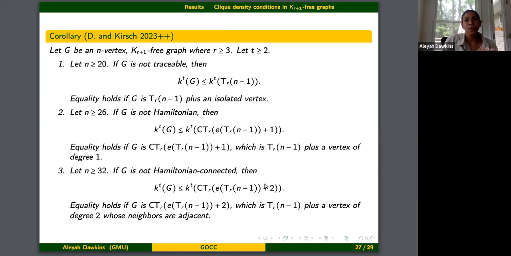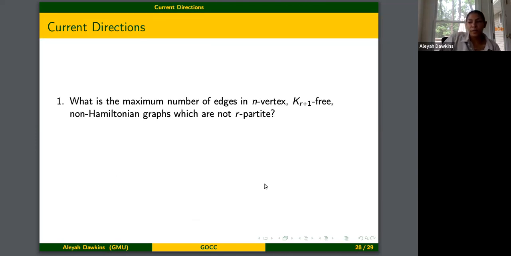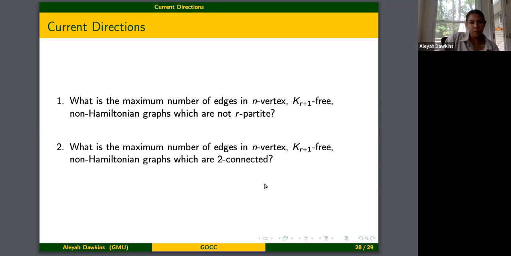Okay, so those are the major results that we got during this research. And as for moving forward, there's a couple ways that I'm hoping to take this. The first being I would like to look at the maximum number of edges in the n-vertex K_{r+1}-free graphs that are not Hamiltonian, which are also not r-partite. So if you remember, the extremal graph that we had was based off the Turán graph, so it was r-partite. So if we put this extra condition on it, what would that do to the extremal graphs and the maximum number of edges? And additionally, what is the maximum number of edges in an n-vertex K_{r+1}-free non-Hamiltonian graph, which